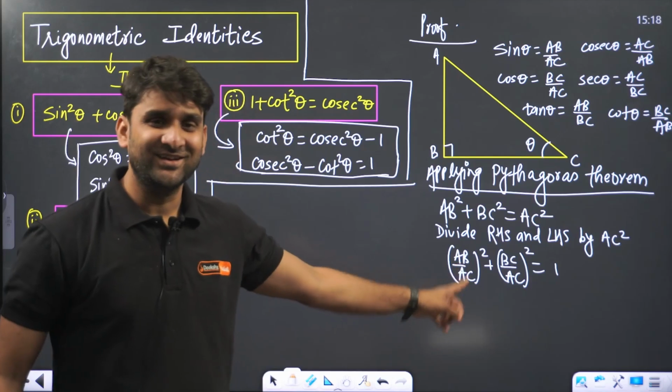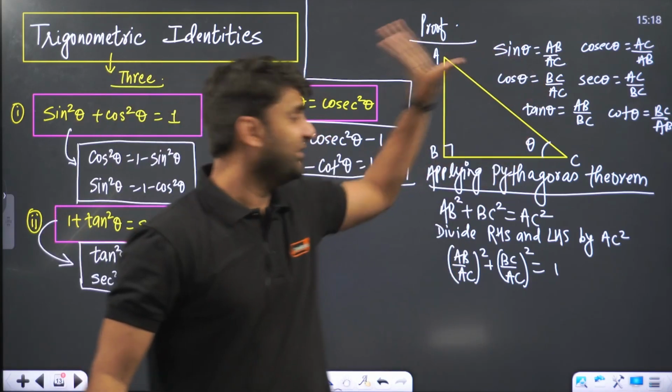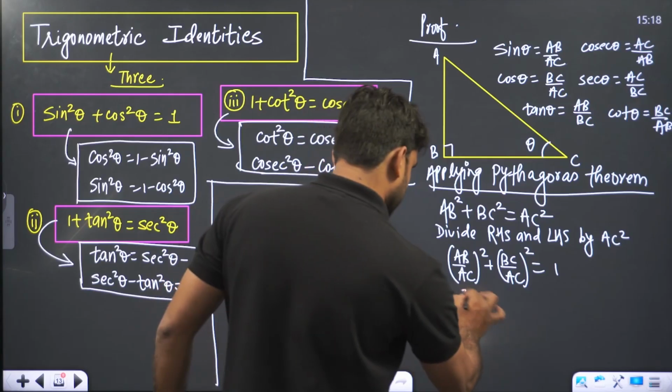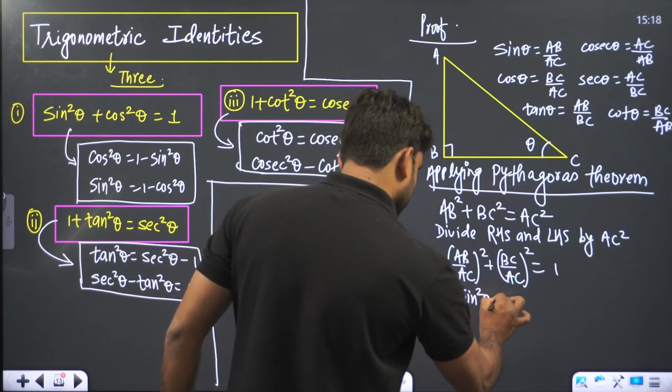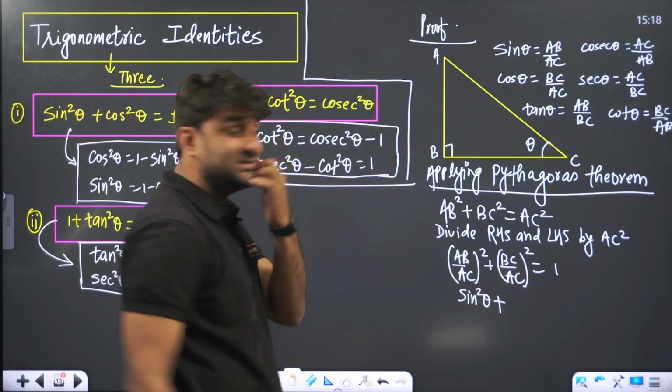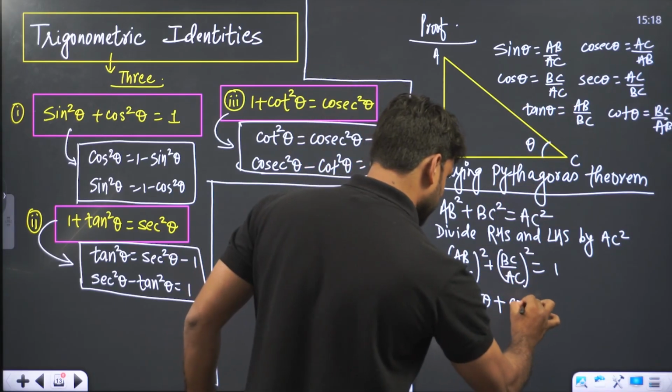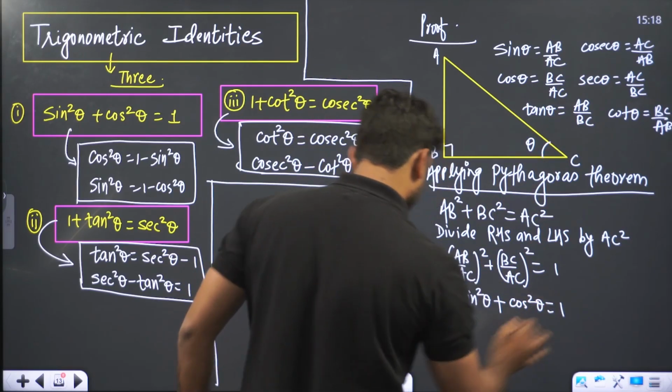AB by AC, and AB by AC can be replaced by sine theta. And this bracket is in a square, so sine will also go in square form, sine square theta. And this is BC by AC. Where is BC by AC? BC by AC is cos theta, so it will go in a square, cos square theta. Oh my god,